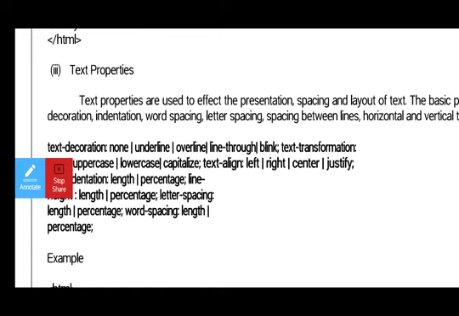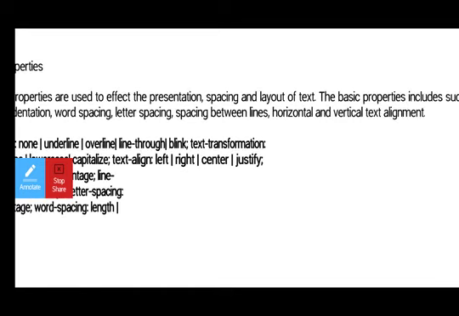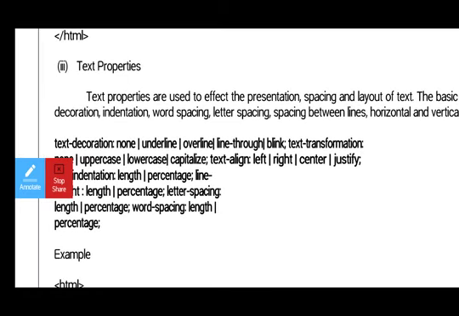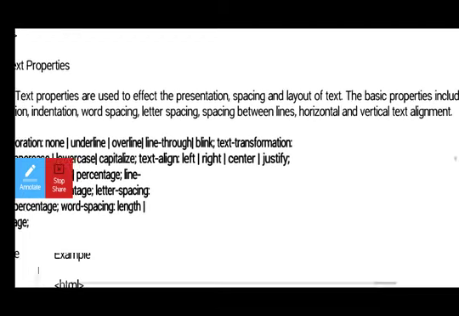So by using text properties in CSS, we can apply effects to the presentation, spacing and layout of the text. The basic properties include decoration, indentation, word spacing, letter spacing, spacing between lines, horizontal and vertical text alignment.